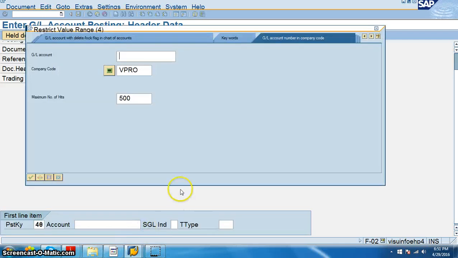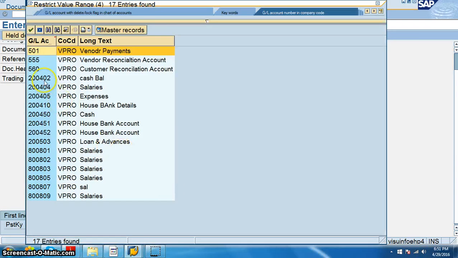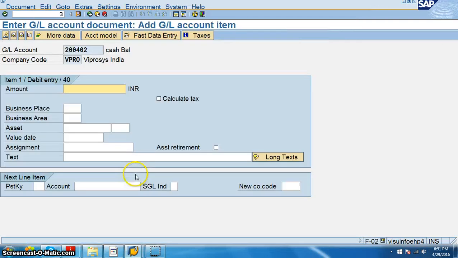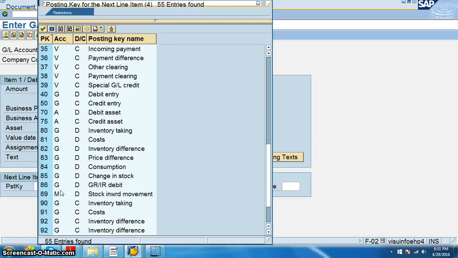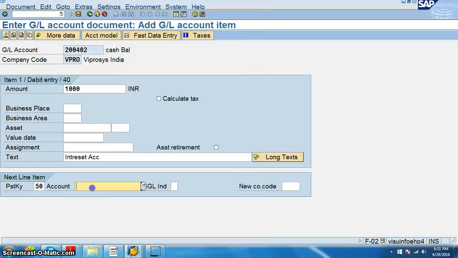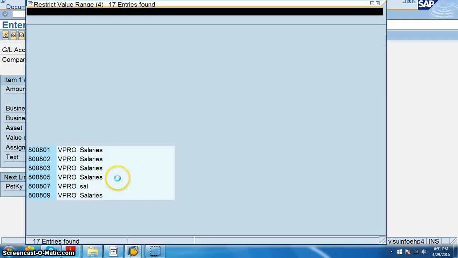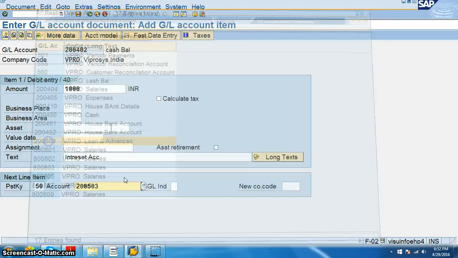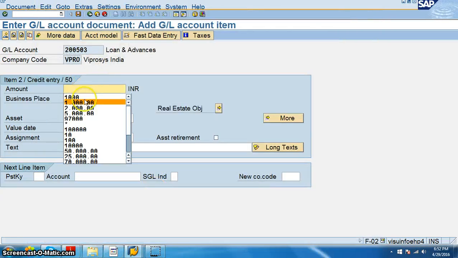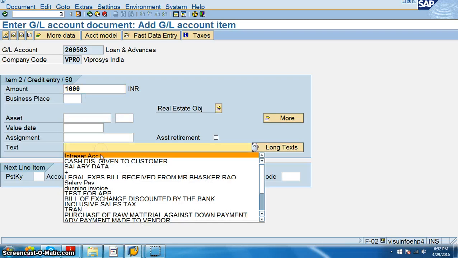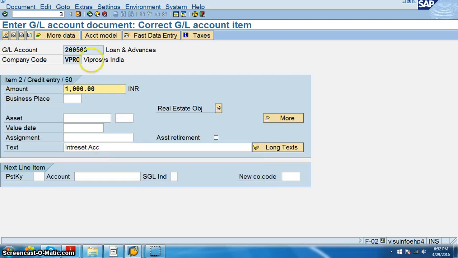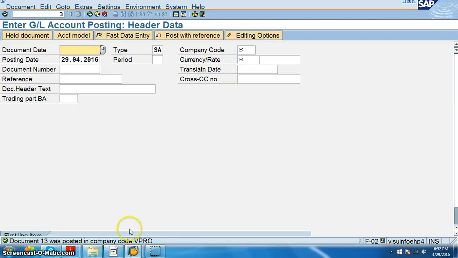In the account we have cash balance, interest 1000, so 50. We have loan and advances here. Save, 1000. Save, and this 13 was saved.